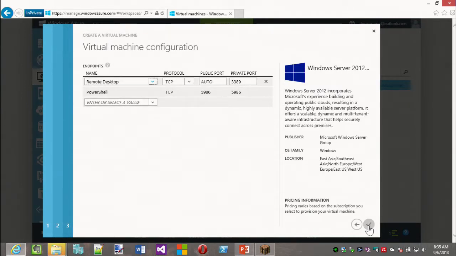So here I've got endpoint configuration. I'm not going to do that now, but this is where I configure what can come in from the internet to actually talk to my Windows Azure virtual machine. So you can see here by default, they allow remote desktop and PowerShell. And you'll also see that remote desktop is on a non-standard port. And that's simply a